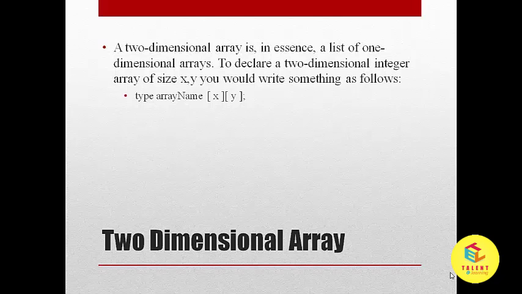A two-dimensional array is in essence a list of one-dimensional array. To declare a two-dimensional integer array of size x and y, you would write something as follows. Like you have to write type, which is the type of array. After that, array name. As per your need, you can write your array name here, and then in square bracket size of first dimension, and in second square bracket size of second dimension,